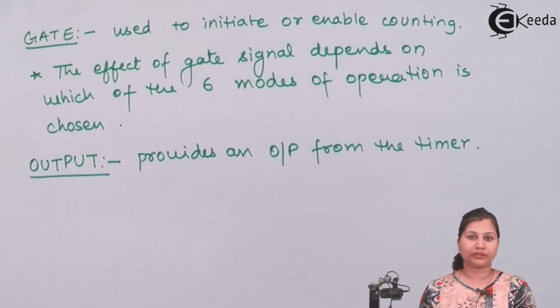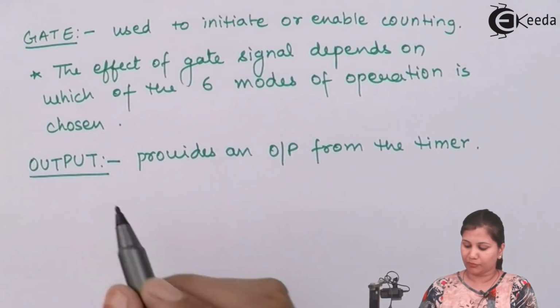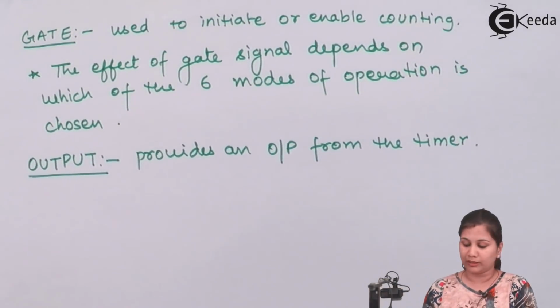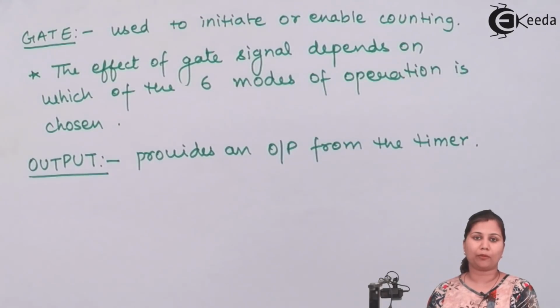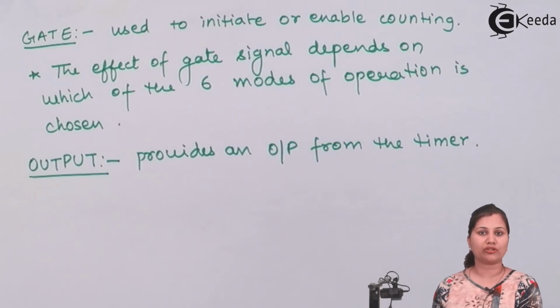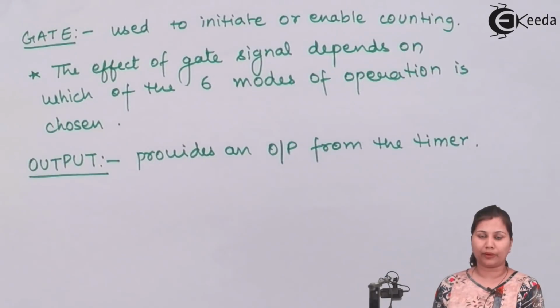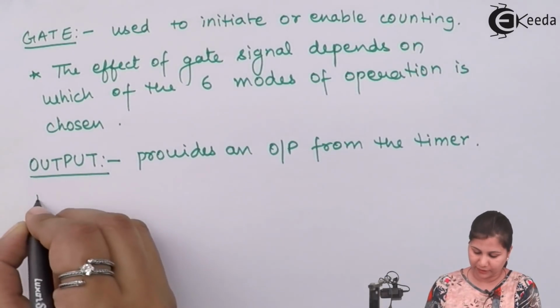So the output of the timer, this out function, provides an output from the timer, and its function basically depends upon the mode of operation in which the timer is being programmed. So we can say that its function